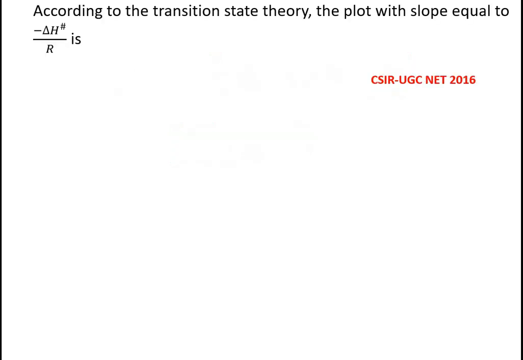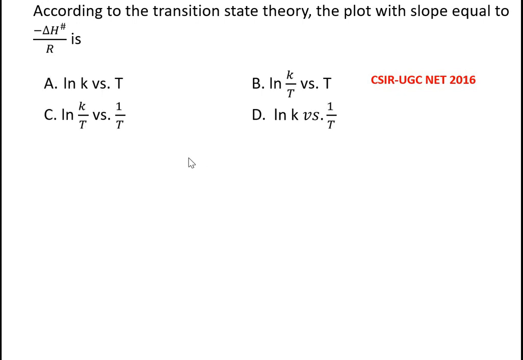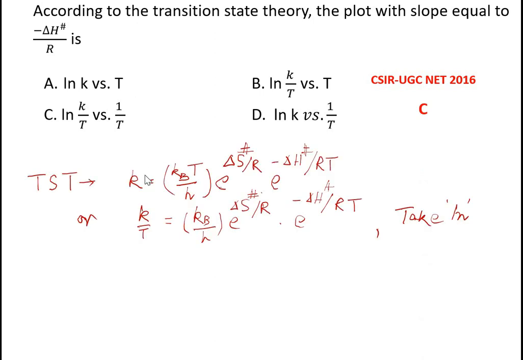Now on the theory of kinetics. It starts with transition state theory, and I'll discuss a single problem. According to the theory, the plot with slope equal to this is what? So you have to start from the final equation of transition state theory, that you have to remember. K is